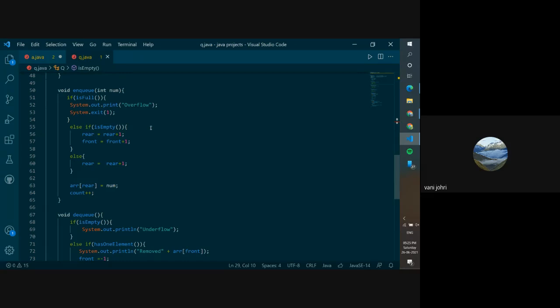And if it is not empty and it is not full, in that situation we will just increase the value of rear by 1. All right. Are you understanding when and why we are doing these? If it is full, we will just print overflow and exit. If it is empty, we will increase rear and we will increase front. If it is not empty and not full, we will just increase rear by 1. And after that, outside all of these if and else's, we add the number in the array. We'll set array[rear] equals num and we'll increase the counter by 1 because we entered a new element in the array. That means the number of elements in the queue has increased.